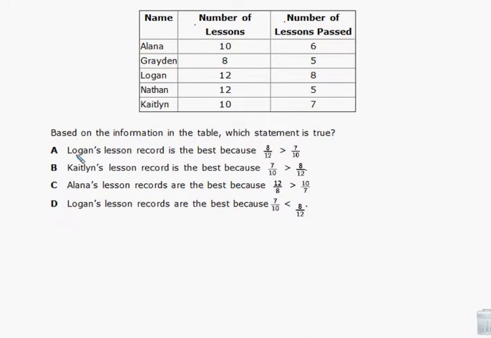Let's go ahead and just check that by cross multiplying. 12 times 7. 12 times 7 is 84. And 8 times 10 is 80. So I can see that this right here is not a true comparison. It's not a good comparison because 8/12 is actually less than 7/10. Let's go ahead and look at the next one. Kind of a similar one. And it's saying that